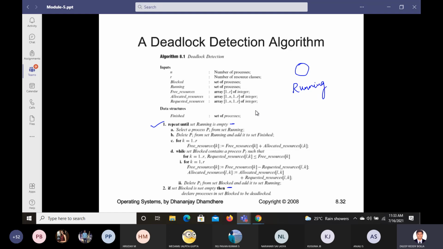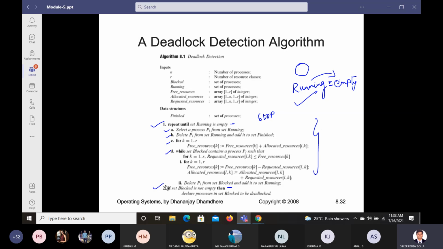Repeat these steps A, B, C, D, all of them, as long as you are in the running state. When the running state becomes empty, you stop. Until then, you keep doing the corresponding steps.